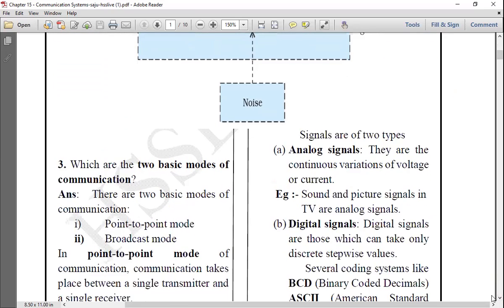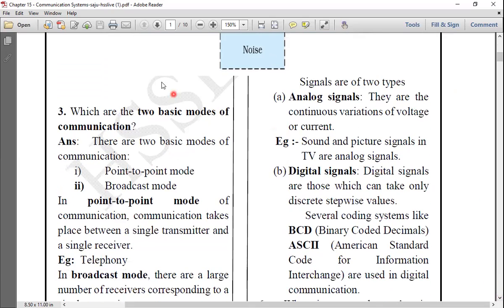Next you see which are the basic modes of communication. There are two basic modes of communication: point to point mode and broadcast mode. Point to point mode of communication takes place between a single transmitter and single receiver. Like the telephone, only one single transmitter and one single receiver is there. That is what point to point mode is. One person that side, one person this side. Whereas broadcast mode